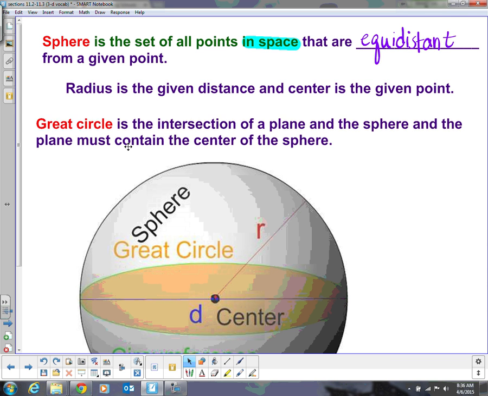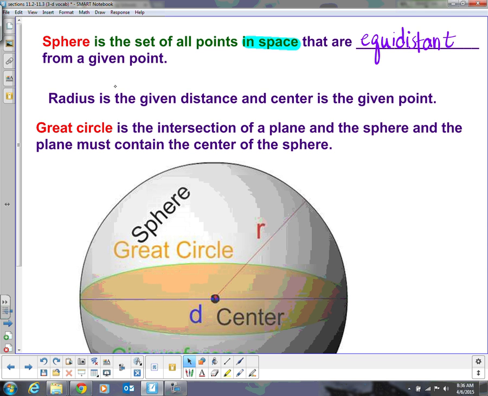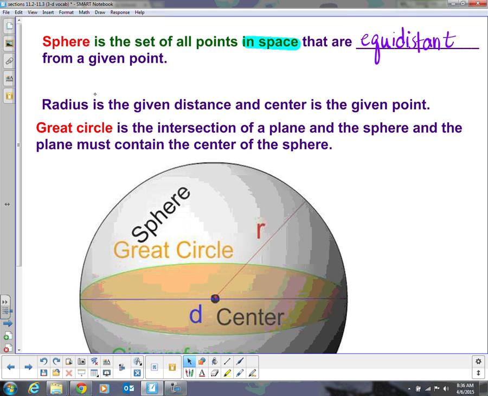Now, I actually received a practice EOC from the FSA, who are, I guess, the writers of the test, over the break. And this was a what's wrong with this kid's thinking. And it had to do with a circle. Let's define a circle again. A circle is the set of all points